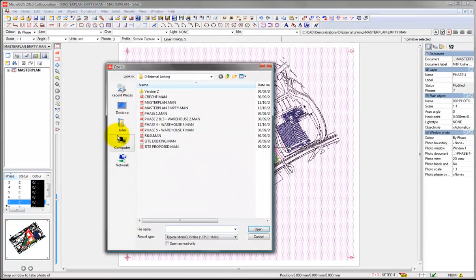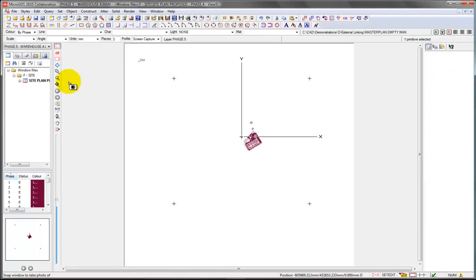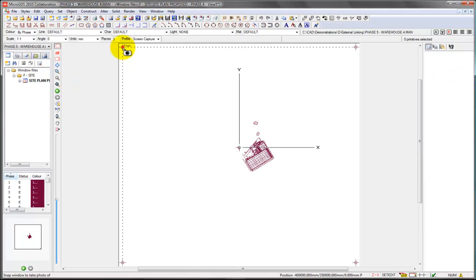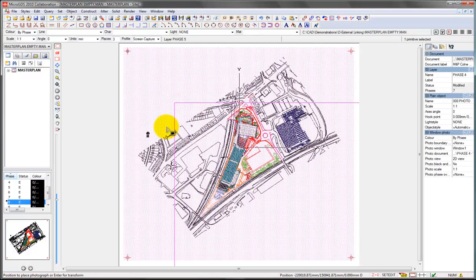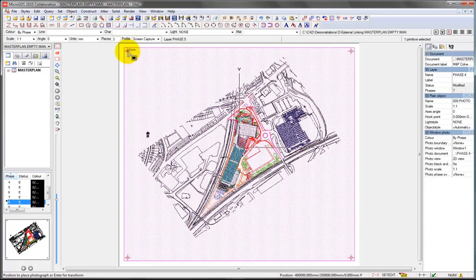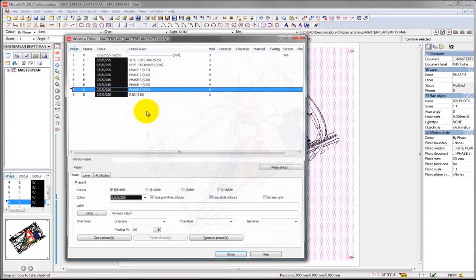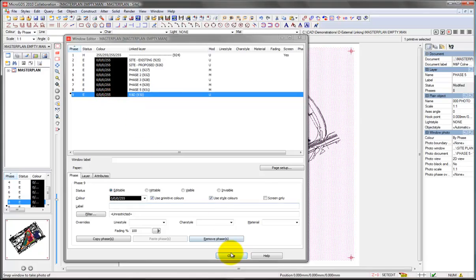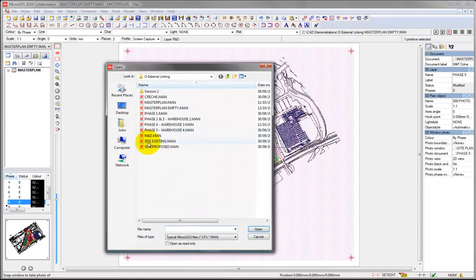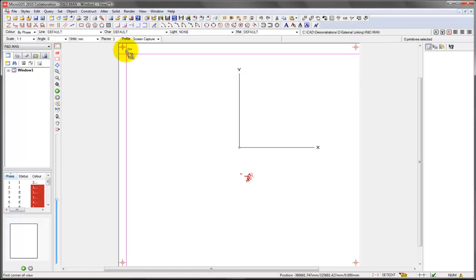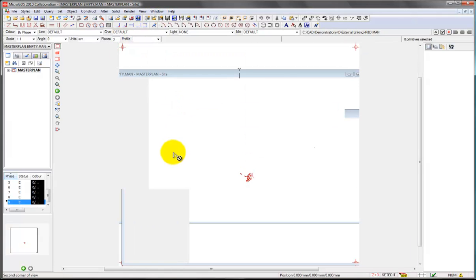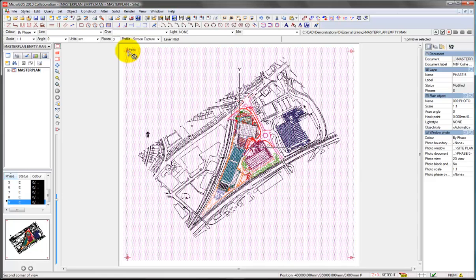Open phase 5 up. Again zoom, snap, drop that into position, and finally the research and development building. Open that up again, point, window, and drop that in position there. Okay, and we can now save our master file